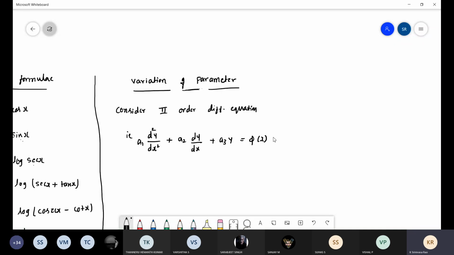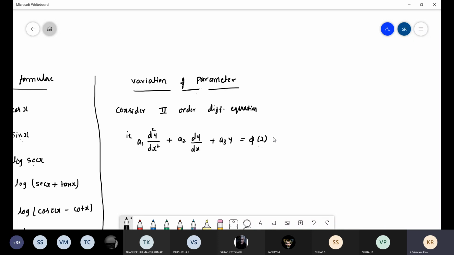The previous last two topics, Cauchy's and Legendre's, were variable coefficient. Now it is again constant coefficient. But what is the difference? Why do we require this method? Recall the type 1, type 2, type 3 problems for constant coefficient. We have only three: one is exponential, another is trigonometric, nothing but only sine and cos, and the third is polynomial. But apart from sine cos, if secant or tan comes, it is not possible to solve with the previous method. Now in this variation of parameter method we can solve whatever the RHS is. There is no restriction at all.